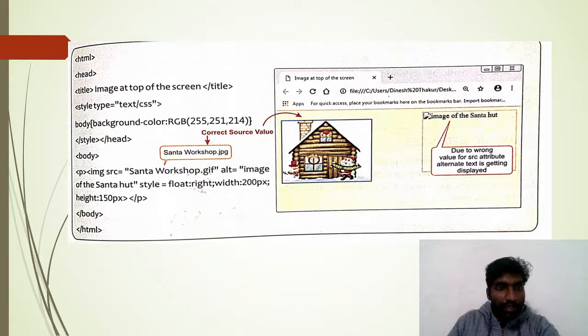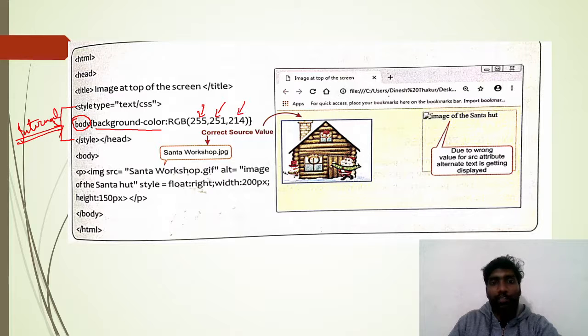See, this is an internal CSS. Before the body tag I mentioned this internal CSS. Here, body, background color RGB. This is the value of red, this is the value of green, and this is the value of blue. If in this place instead of body I mention B, B means bold.